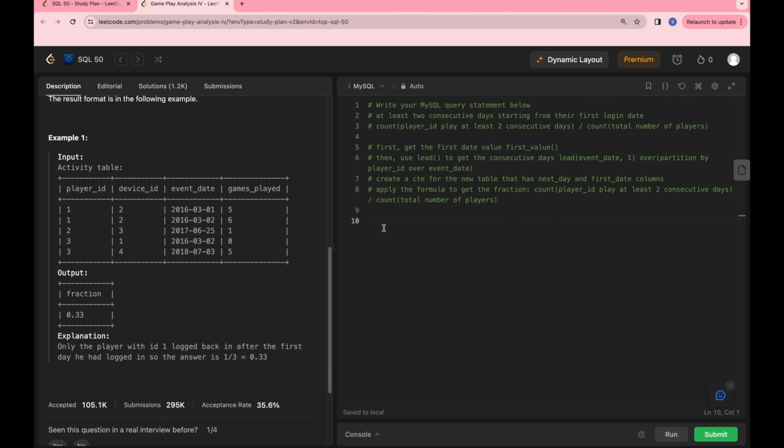Right, so let's first create these two columns to get the first date value and the next date value. In order to do that, we do select star. We're gonna get the next day column by using the lead function. So lead event date over partition by player ID, and we order by event date. All right, and we call this column next day,